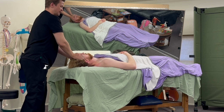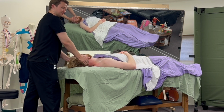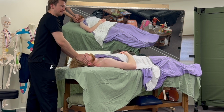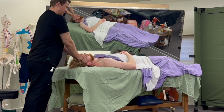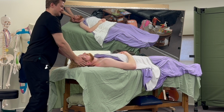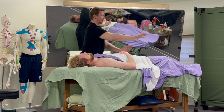You can do a little bit of stuff with the temples here if you needed to, but turn their head. I've already done all that in prone, so that's why I get to just focus here, here, do a few cycles of that, here, contact, contact,